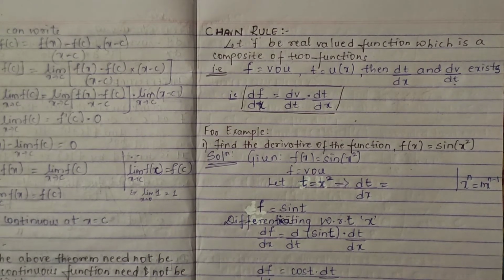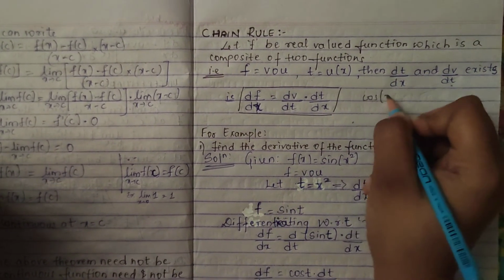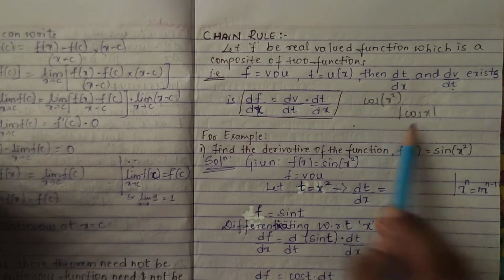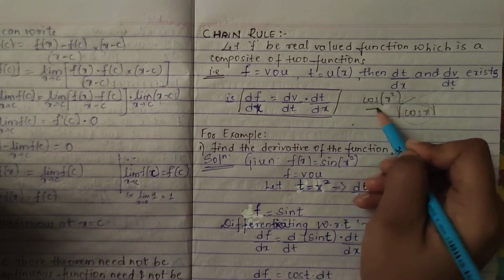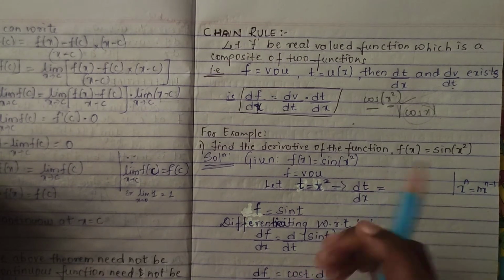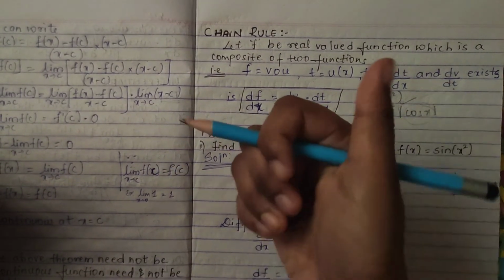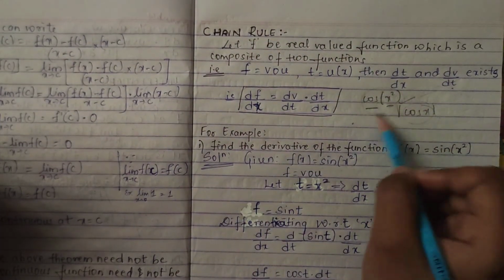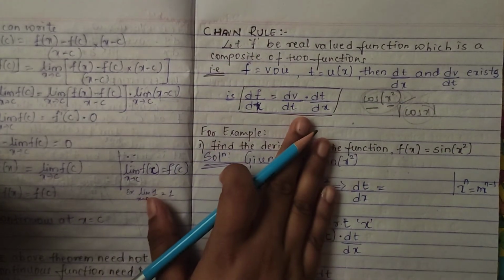You already know composite functions, you have done them in limits, like cos of x square, mod cos x, remember? You have two functions involved, your trigonometric and your algebra. So if you have such questions in differentiation, how will you do it? Because the differentiation formula is only for single functions, right? Only for your cos x, sin x, e to the power x, x raised to n. But if such cases are there, how are you going to do it? In that case we are going to use our chain rule.